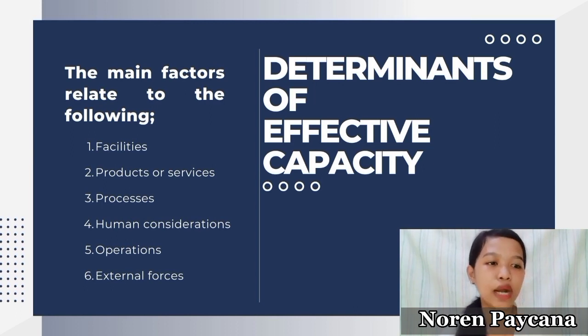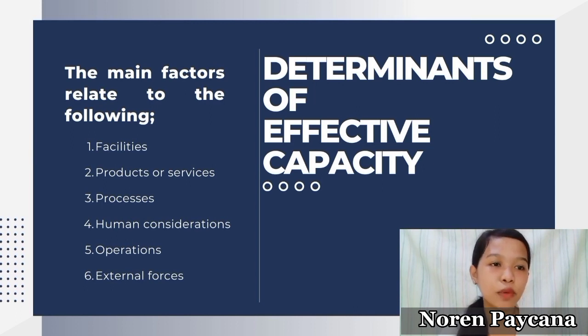So, proceed naman tayo sa product or service factors. So, nakaka-influence yung products or service factors sa design of capacity. Why? Like for example, sa pagmamanufacture ng products na ginagamitan ng mga machineries, pag design ng product is same lang, mas mabilis mag-produce yung machine kasi paulit-ulit lang yung process. Pero pag yung product naman is iba-ibang design, mas matagal makapag-produce yung machine, which is